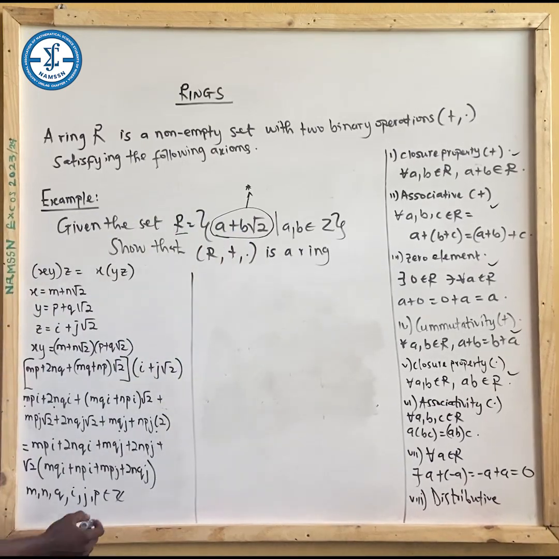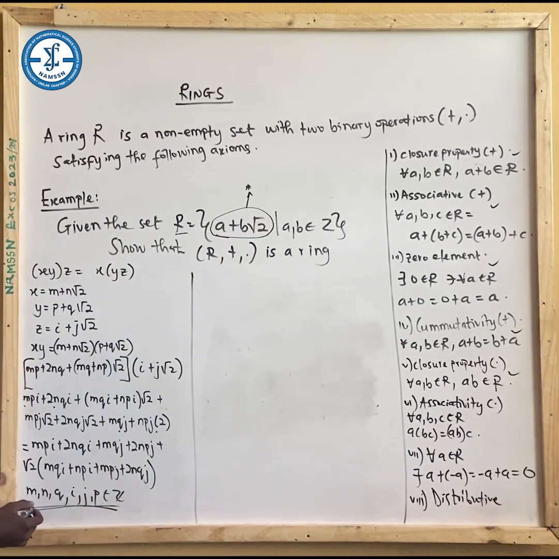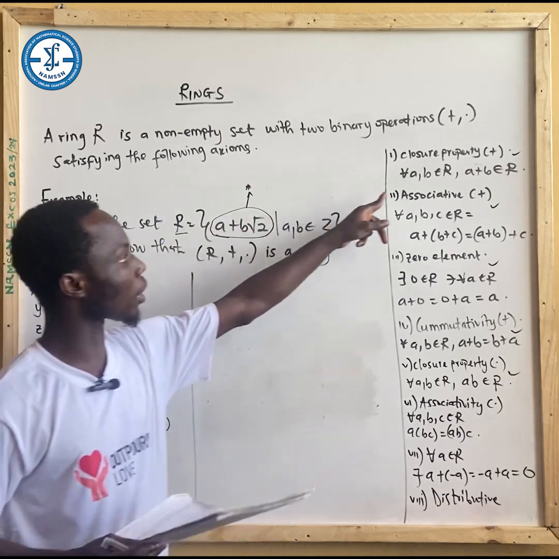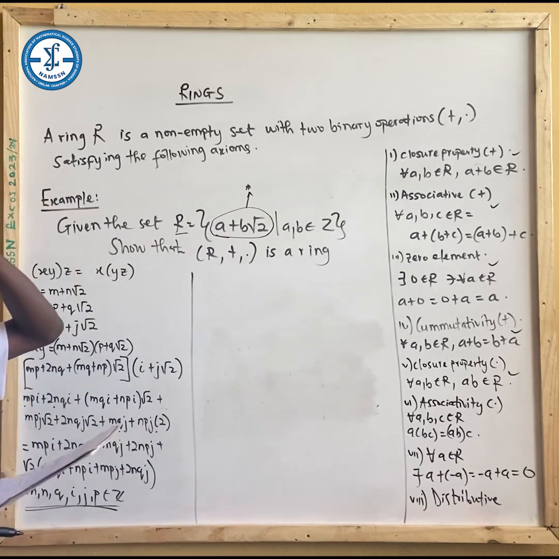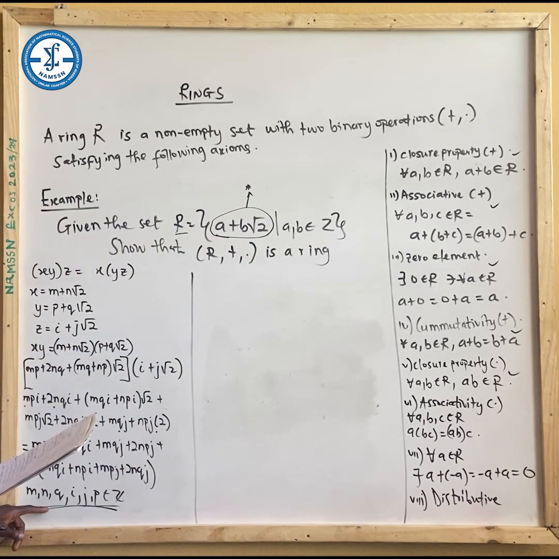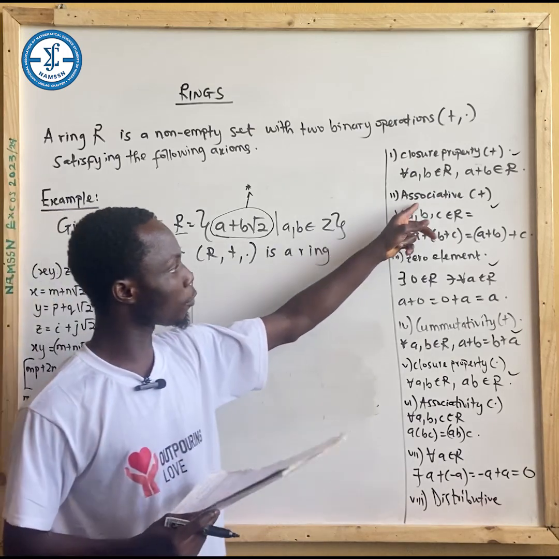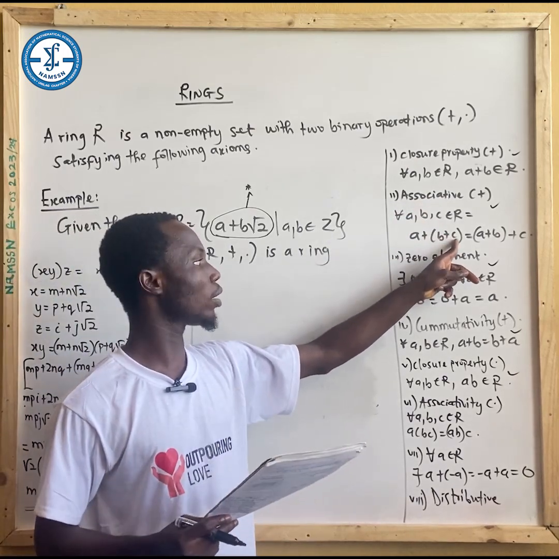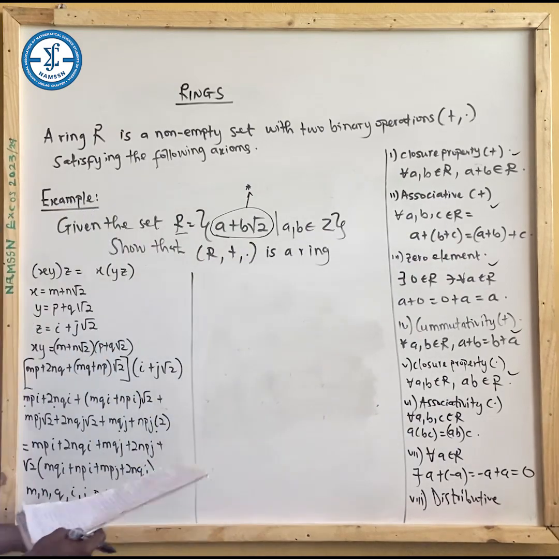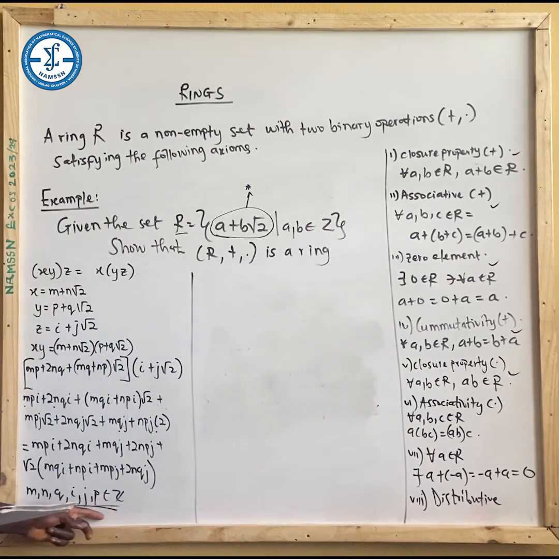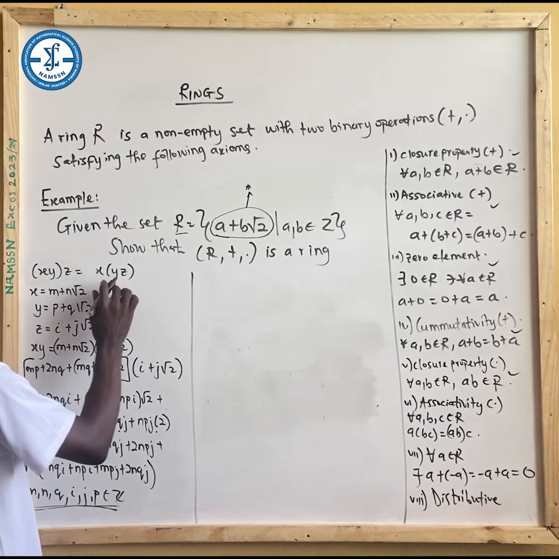So remember, you don't have to keep saying all of this all the time. Since we said it from the beginning, when we were defining our x, y, when we started with closure property, we defined our x and y, and we told them that m, n, p, and q are integers. Then when we got to associative property, where we needed one extra element also, we also defined our i and j. So we've defined this from the beginning, so we don't need to keep defining it again. So the right hand side, you have